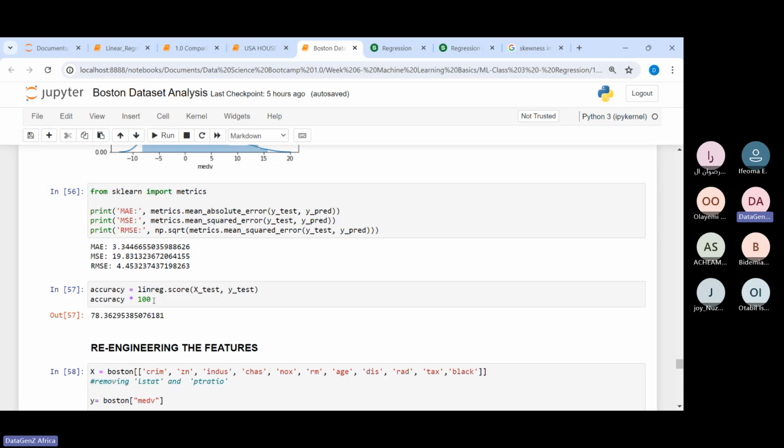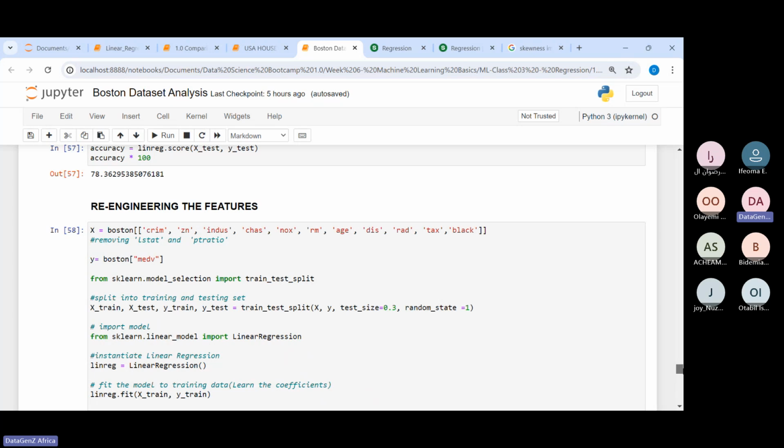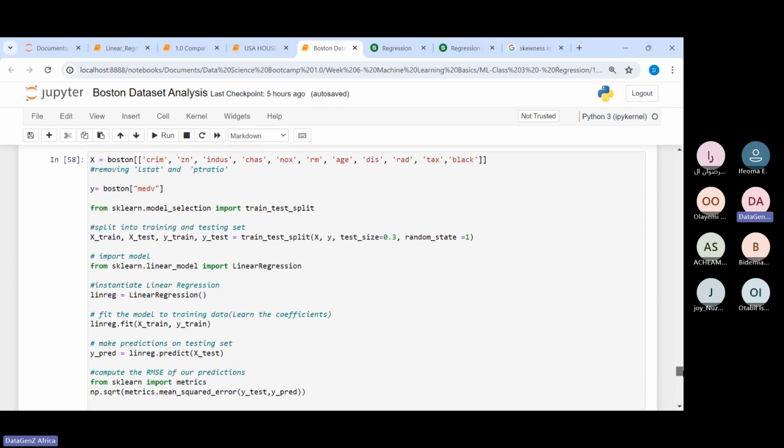But if you're not multiplying by 100, it gives you something like 0.78. Okay, so how can we further improve the performance of this model? We can re-engineer the features, and part of re-engineering the features is